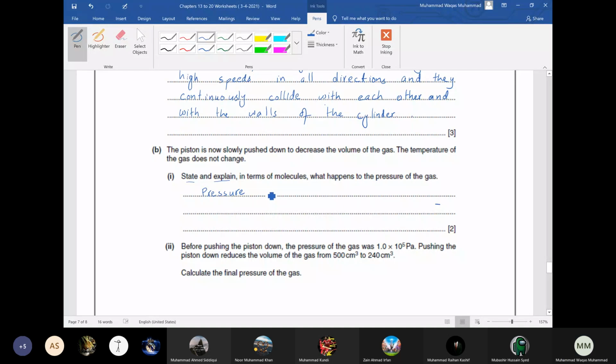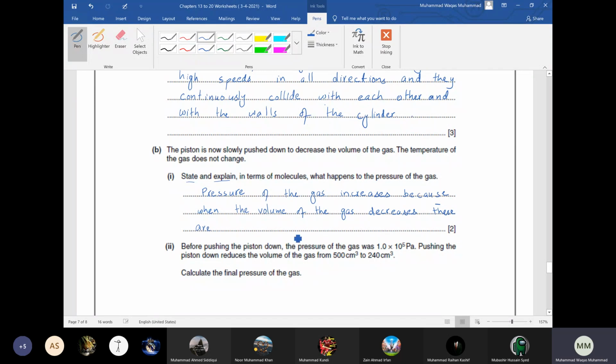Pressure of the gas increases because when the volume of the gas decreases, there are